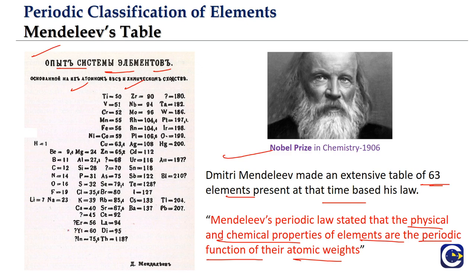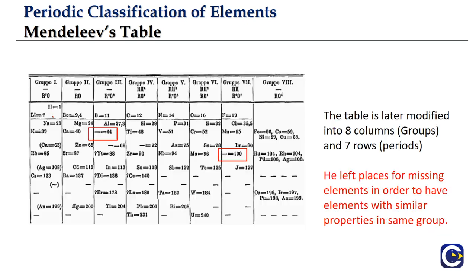Today it might sound a little surprising, but it used to happen that in different countries, for the same element, the atomic mass would be taken at different values. And of course each place would have its own error in estimation, because the current system that we have, the IUPAC system, was still not established back then. So with the around 63 odd elements available at that point of time, he tried to create the table.